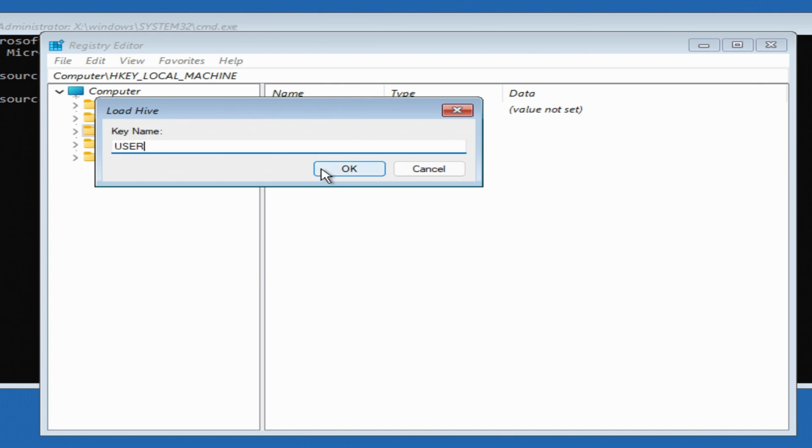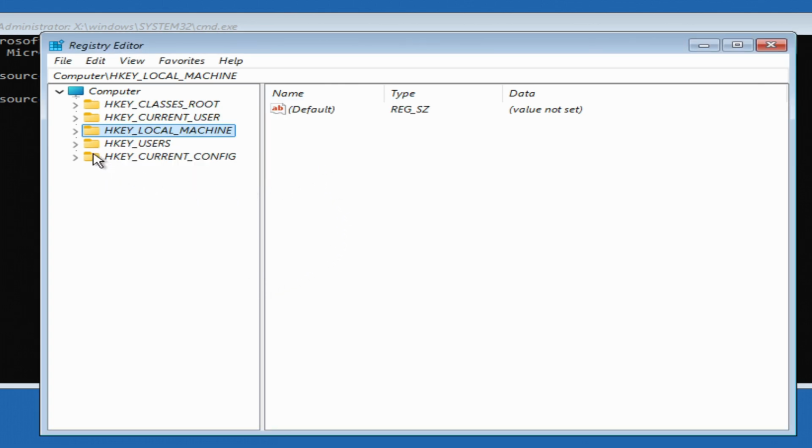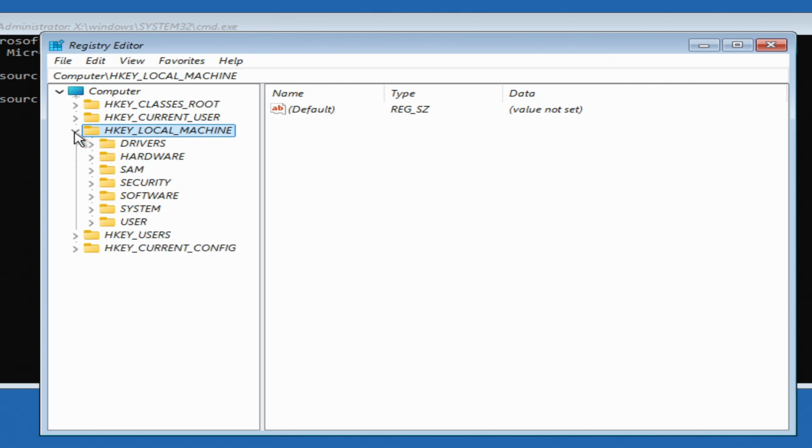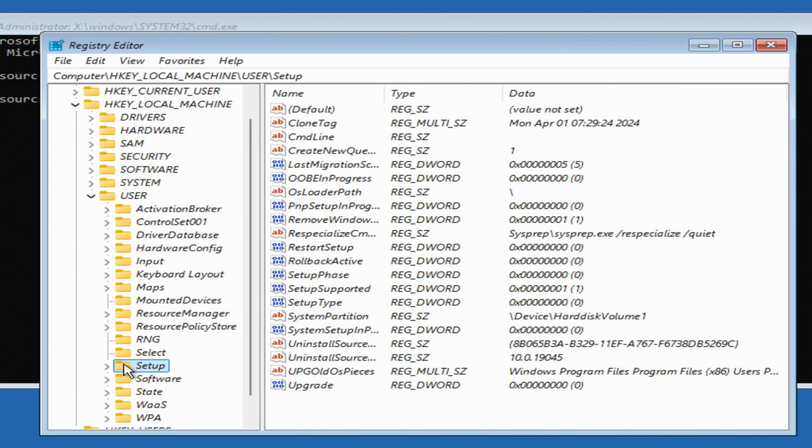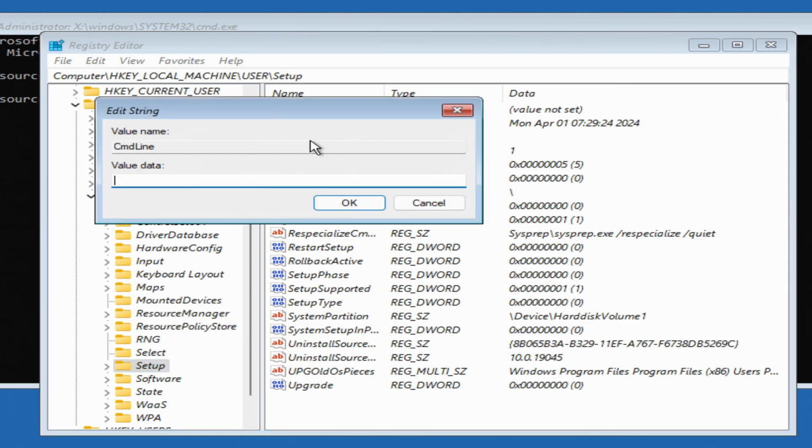Press OK. Open the folder HKEY_LOCAL_MACHINE. We have created a folder User, and now we open it. Locate the folder Setup and click on it. Now find the file on the right, CmdLine, and double-click on it. In the window that opens, write cmd.exe